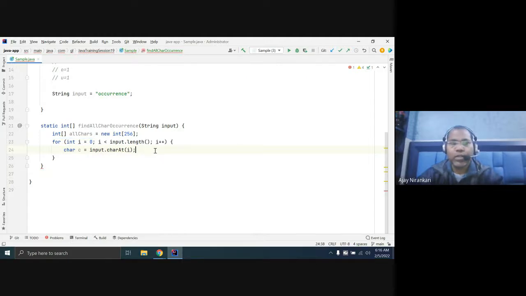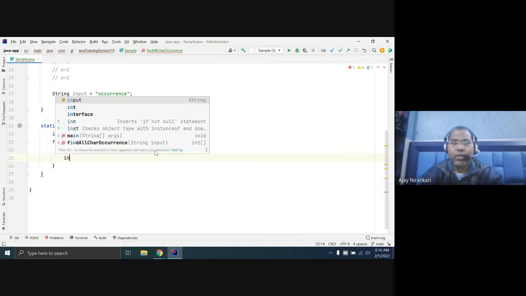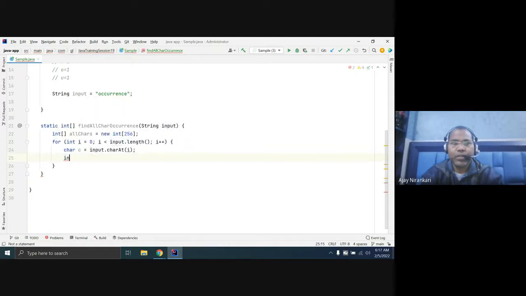So let us convert the character to its ASCII value, int ASCII value as index. How to convert a character to an integer? You just have to typecast: int of c, whatever your character. Now you are getting the ASCII value of each character.